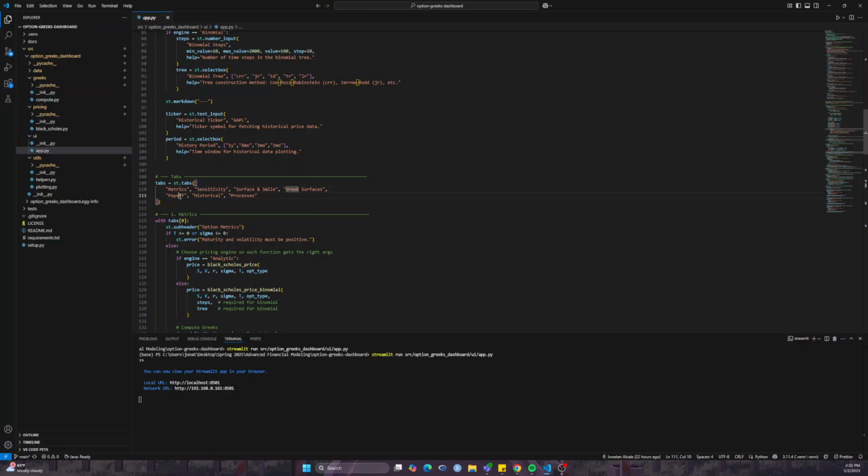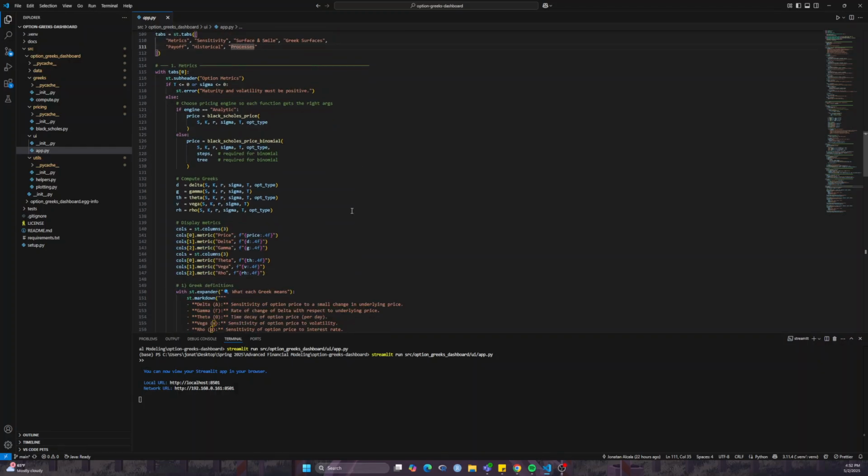And then we have payoff diagram with model price. And then we have historical, which pulls and plots close prices using that fetch historical prices method from earlier. And then we have processes, which is just static plots of GBM, OU, VG with a descriptive legend. Each section uses our helper functions to keep the code readable. So here is the metrics,